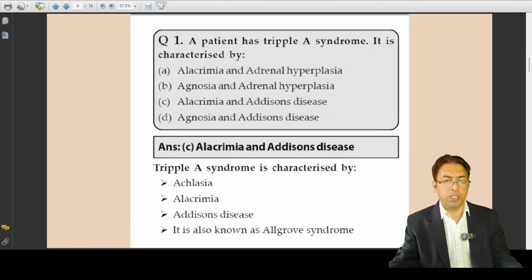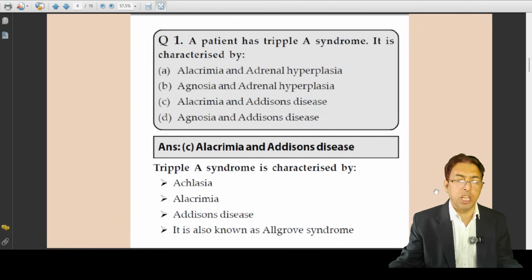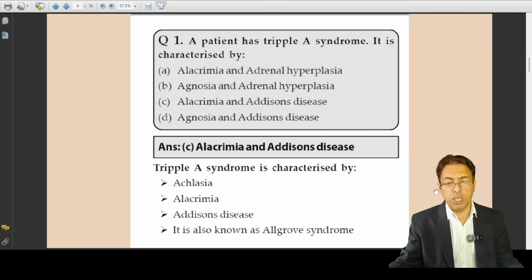Now, a bit of a latest type of question. A patient has AAA syndrome. It is characterized by. So basically, you have to know what AAA syndrome is, what Allgrove syndrome is. This is a bit of a new entity which you might not be knowing. So this is a question which you can expect. AAA syndrome is characterized by achalasia,